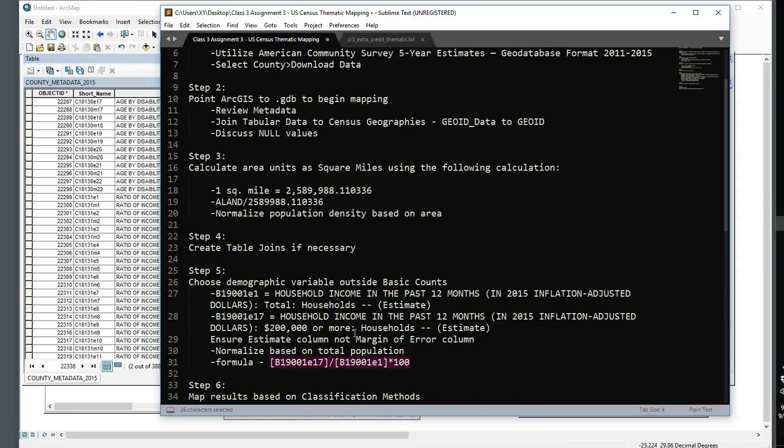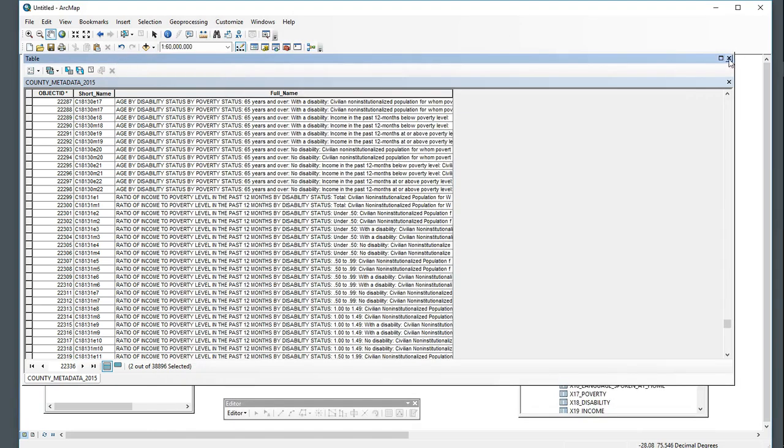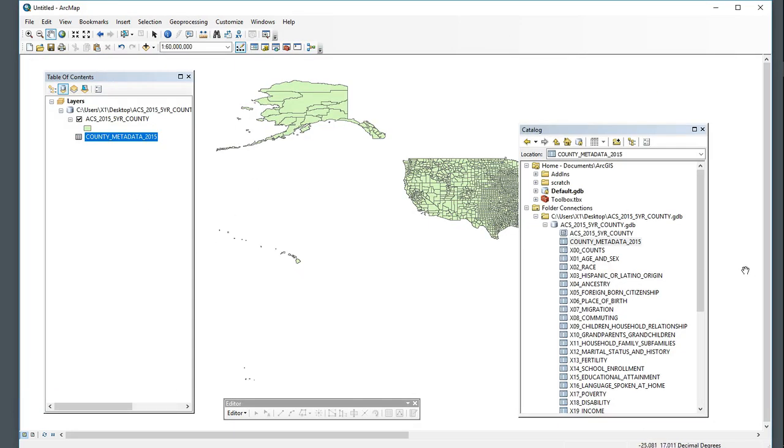So in my case, I've just put those here in step 5. I've said these two columns, and there's a formula that we're going to use here to create a normalization for our mapping. Okay, so now that I have that notated,